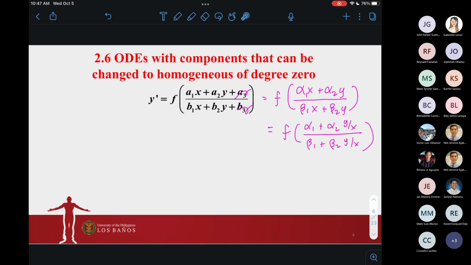I need to find a way on how to eliminate the unwanted constants in the numerator and the denominator, which will allow me to write the function in terms of the variable y over x, albeit the very different constants alpha 1 and alpha 2, and beta 1 and beta 2. So ang idea ay ganito. Gusto ko mawala si A3 at saka si B3, so I wish to find,